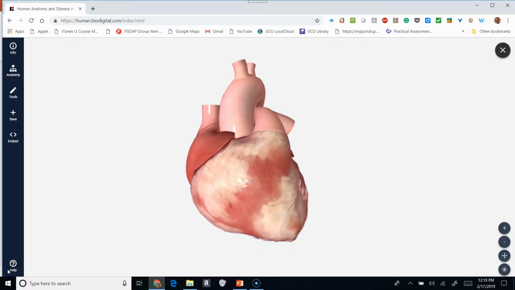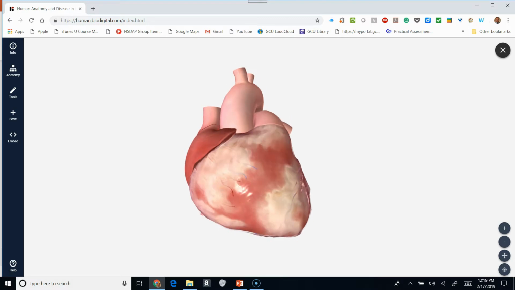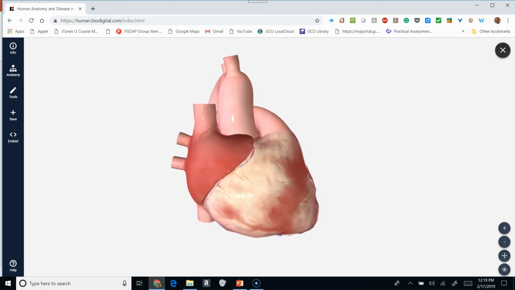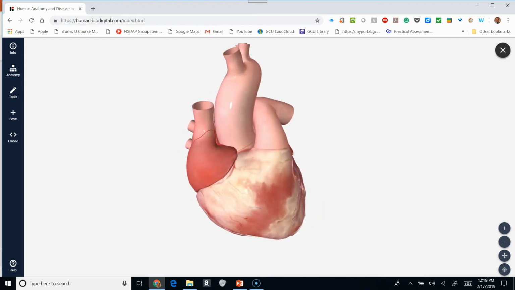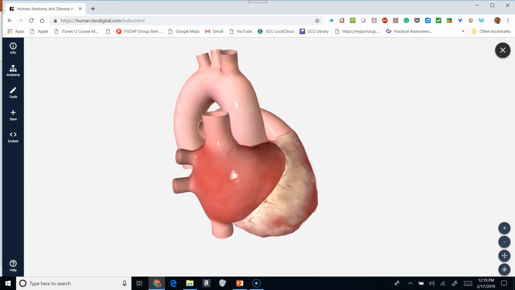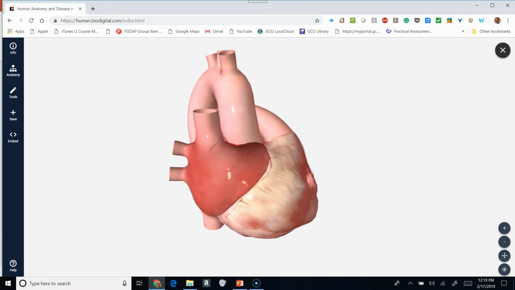Okay, so this takes us now to, let's take a look at the heart, and we're going to talk about the fact that this is dealing with basically the heart being a muscular organ. Okay, so everything that you see here is going to be the myocardium. So if we start to take a look around, we can see that here is going to be